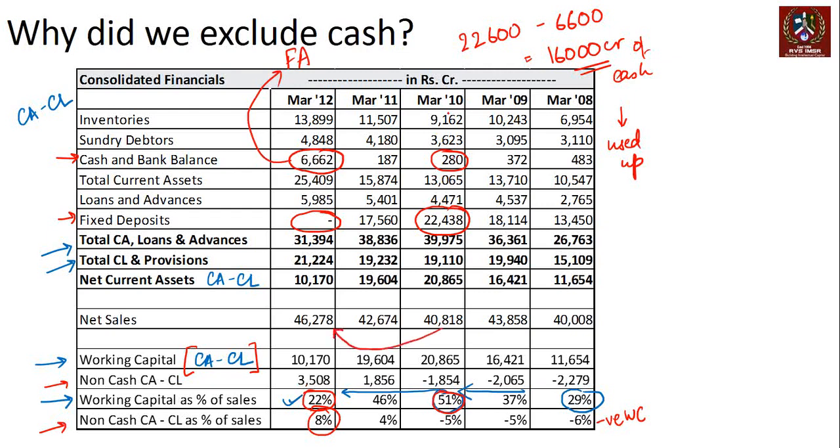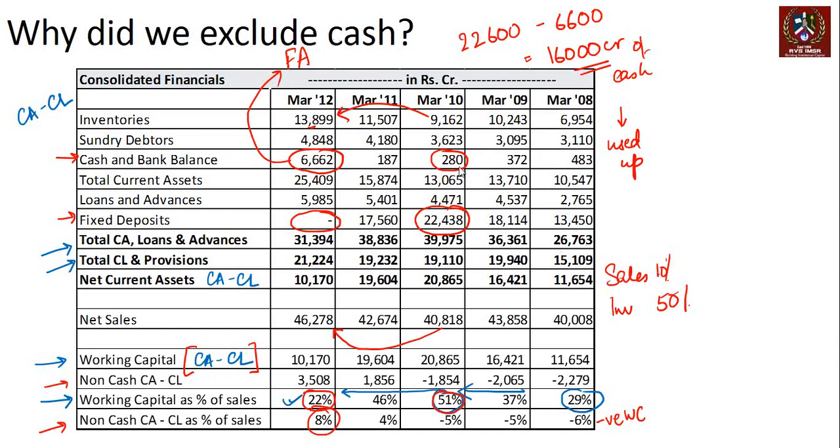If you look at other components with almost a 10-15% jump in sales, look at what happens to inventory. Inventory was 9,000, that became almost 14,000. So sales go up by 10%. How much does inventory go up by? Inventory goes up by almost 50%. That's a problem because inventory as a percentage of sales would have increased dramatically.